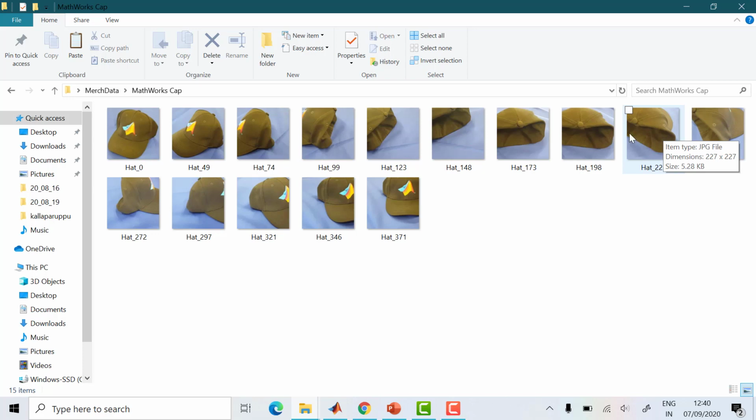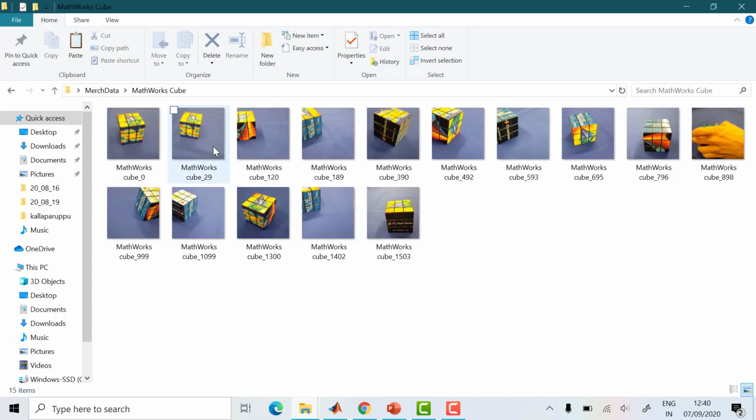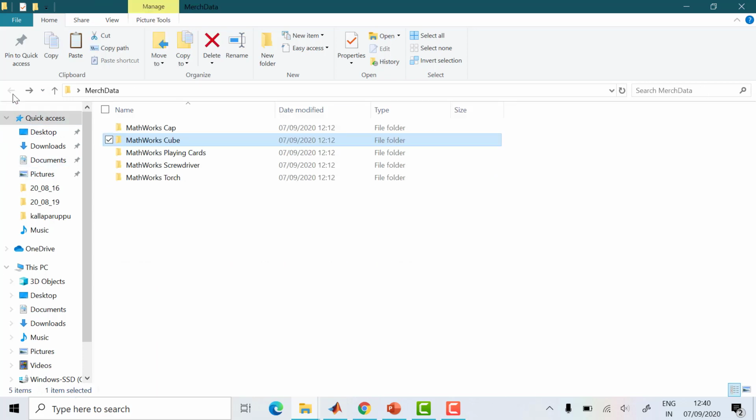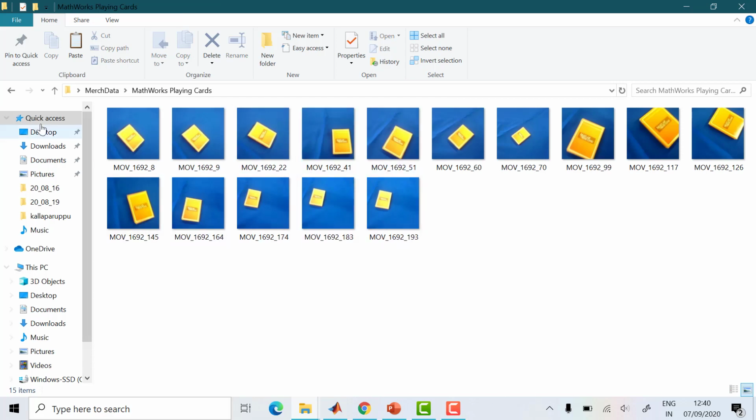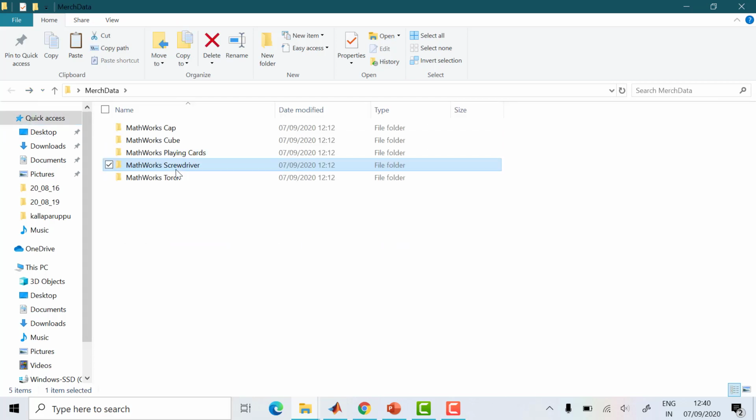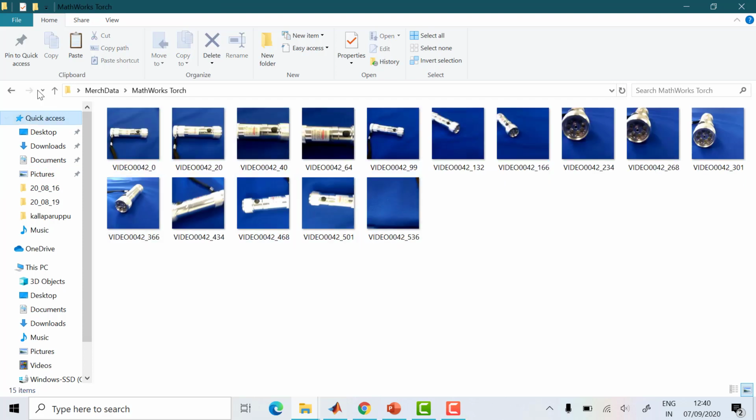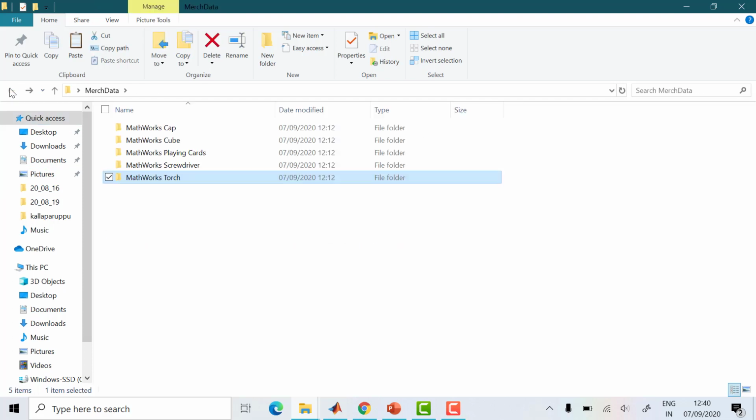In any way it is shown, it has to give the answer. So the images are already stored. Cap images, cube images, playing cards, then screwdriver, torch are stored. So now I'm going to use these images for my deep learning.